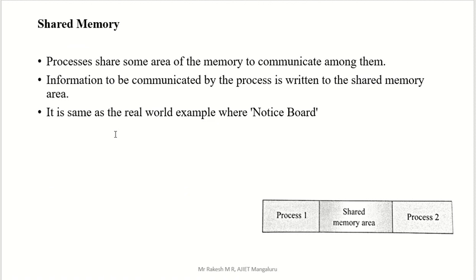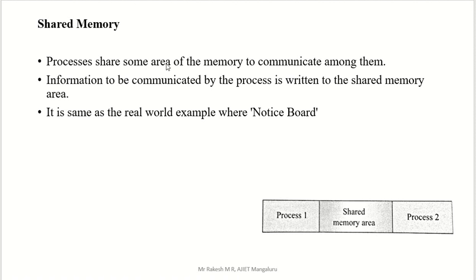First we will go for shared memory. The name itself tells that if you want to communicate from one process to another process, that communication happens through one common memory area. That is called shared memory. In the primary memory we have one area for communication purposes. P1 puts something inside it and P2 takes it from there. P2 also puts something there and P1 takes it from there. So there is no direct communication between P2 and P1. Everything is through shared memory itself. That is called the shared memory concept.